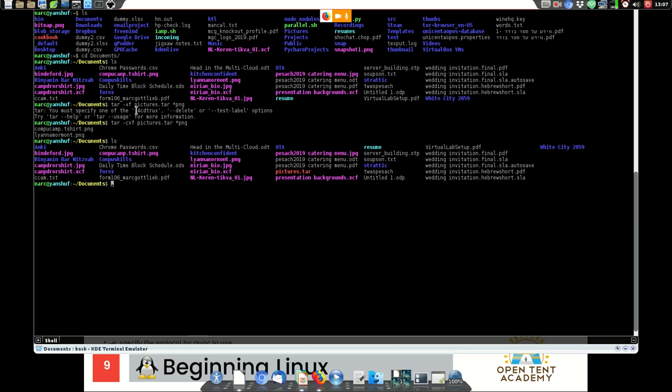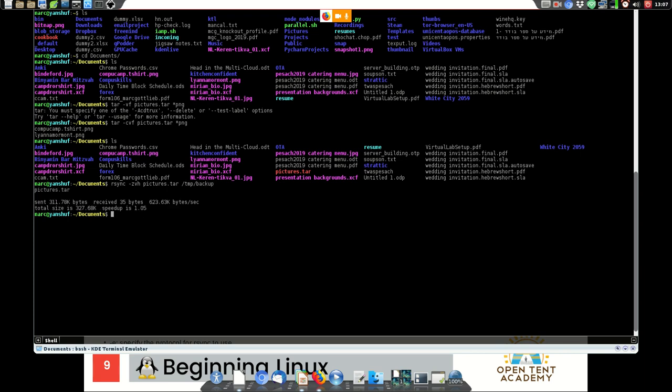We're looking at my personal computer, and as you can see, pictures.tar is in red, smack dab in the middle. So rsync, compressed, verbose, and human readable, pictures.tar to temp backup.